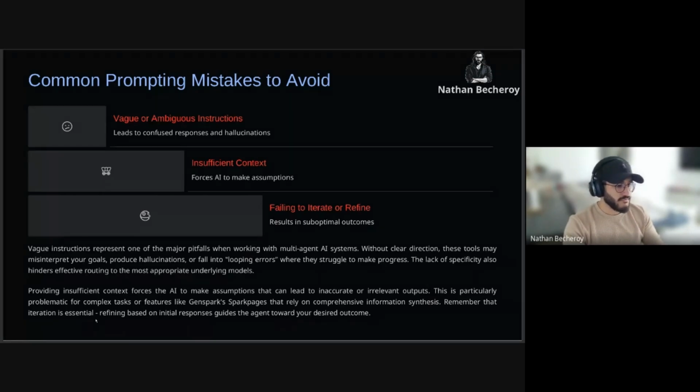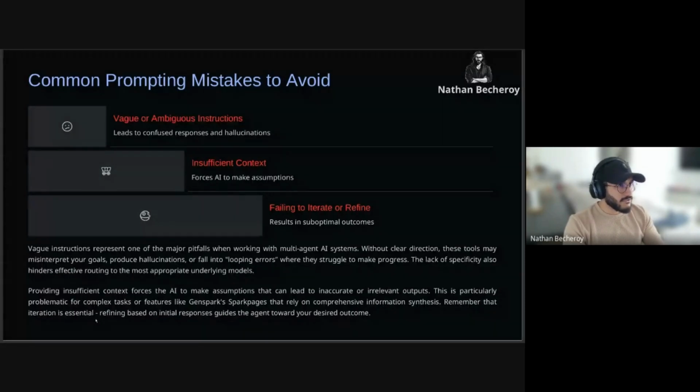It represents one of the major pitfalls when working with multi-agent AI systems, because the more clear your instruction is, the better the result will be from the beginning. And then, providing insufficient context forces the AI tool to make assumptions that can lead to inaccurate or irrelevant output.